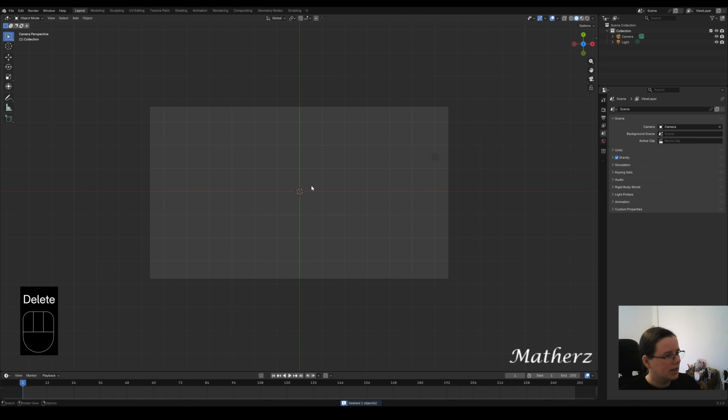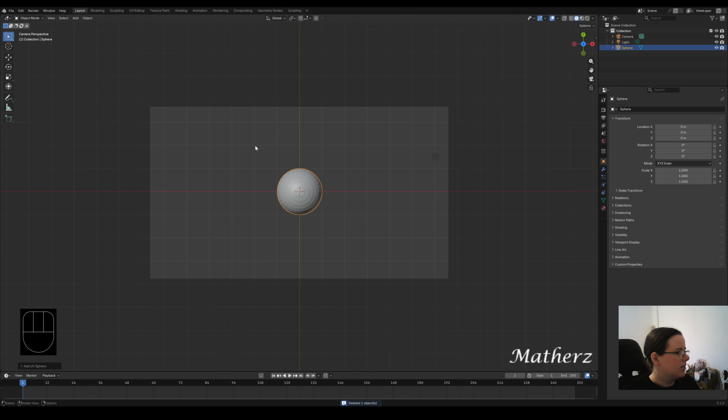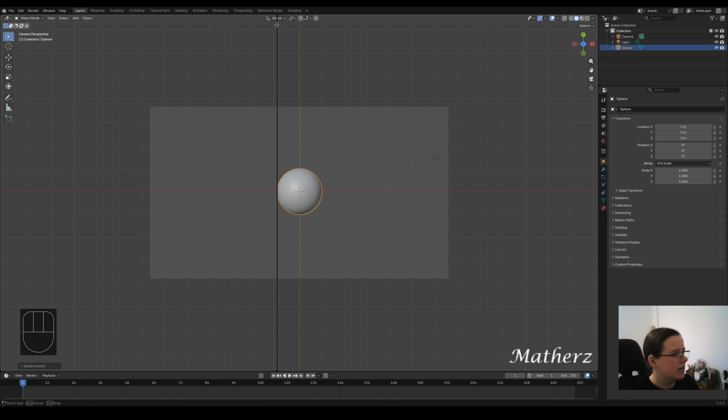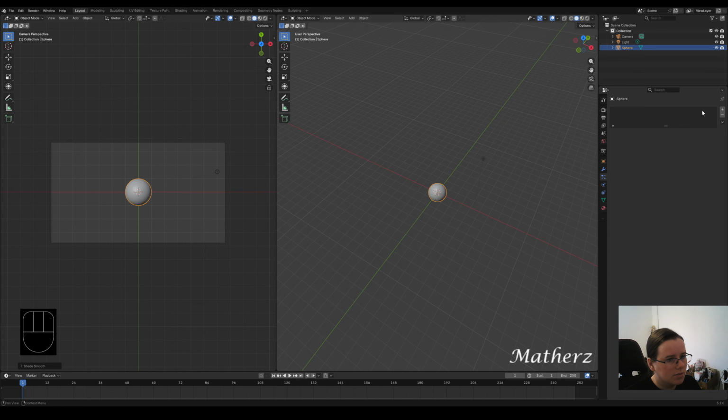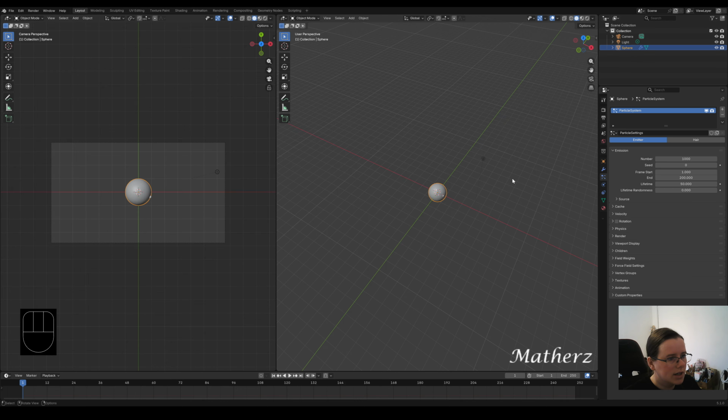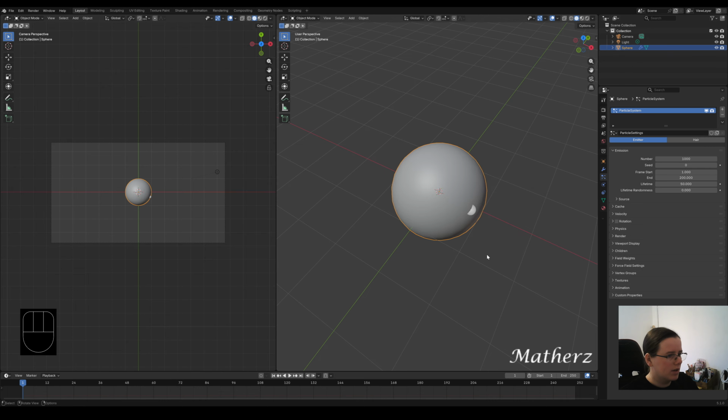So I'm going to go ahead and get rid of the default cube right here. Let's go ahead and add in a UV sphere, right click, shade smooth. And we're going to work with this UV sphere for our piece. So let's go ahead and go down to particles. We'll go with plus. Now usually the particle is going to start with an emitter